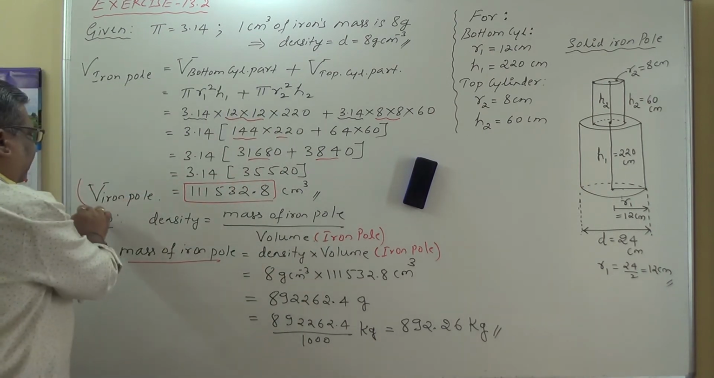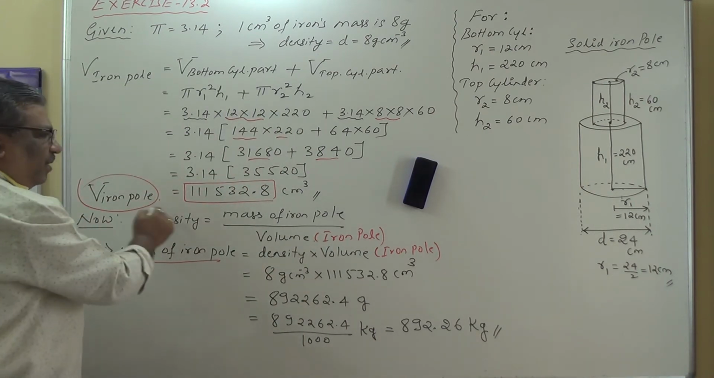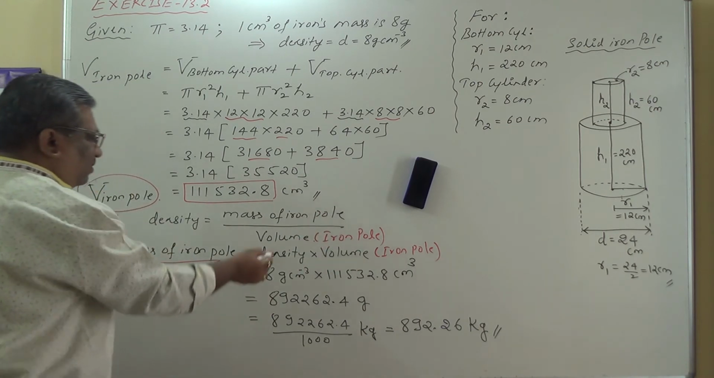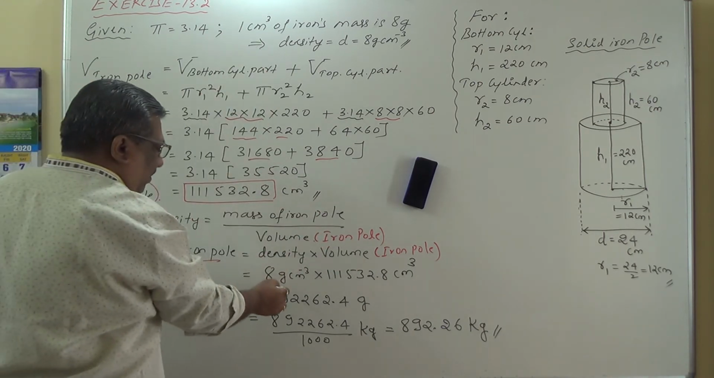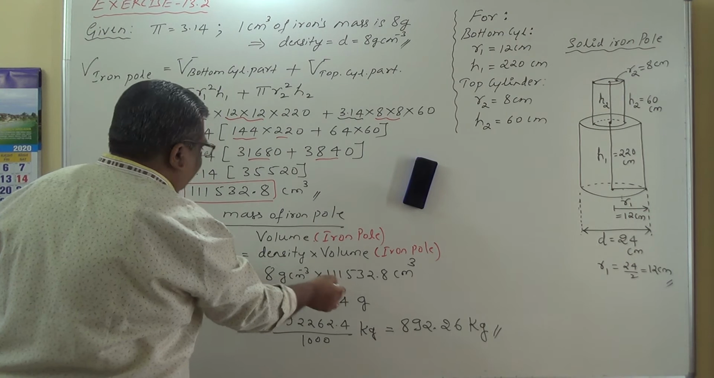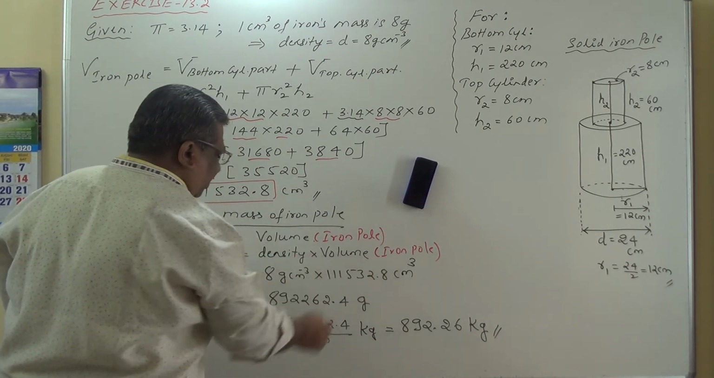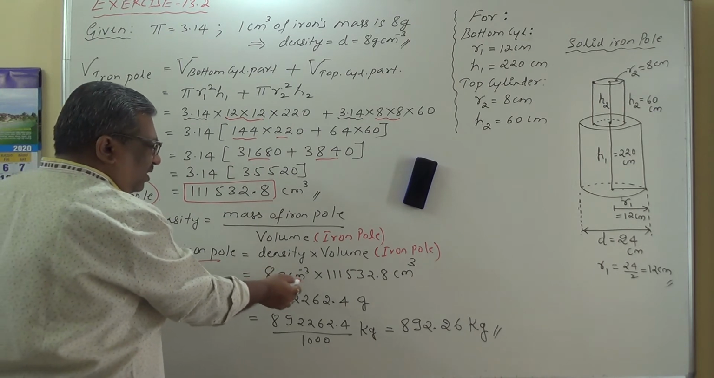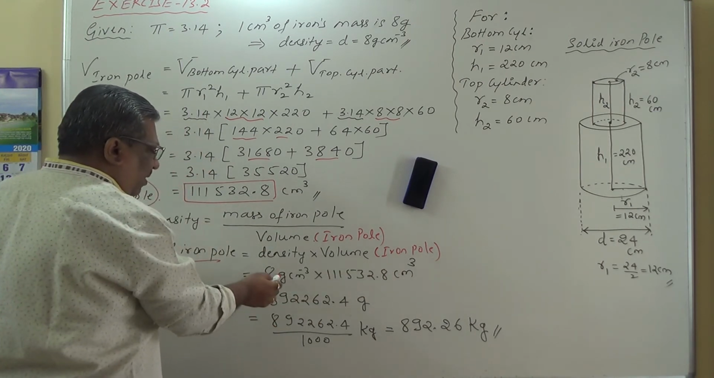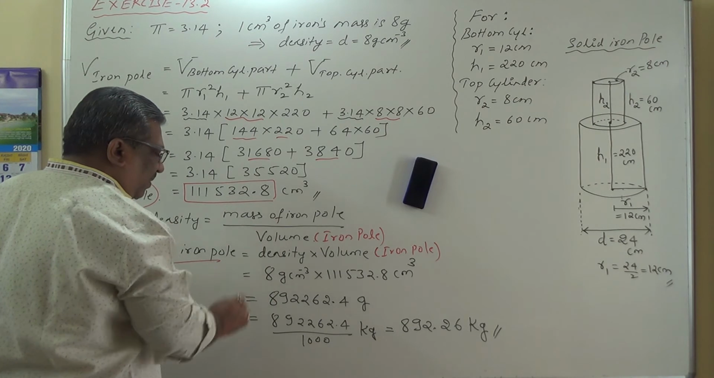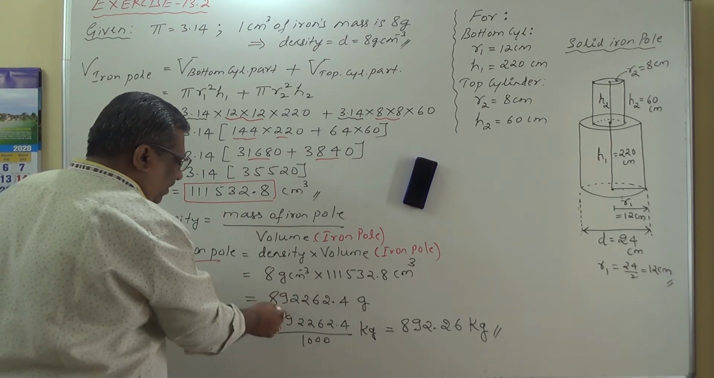Iron pole volume already calculated over here, that we are going to substitute in this. So, density is given as 8 grams per cubic centimeter into whatever this value, 1,11,532.8 cubic centimeter. So, cubic centimeter cancels. Remaining unit of measurement is grams basically. So, after multiplication you get